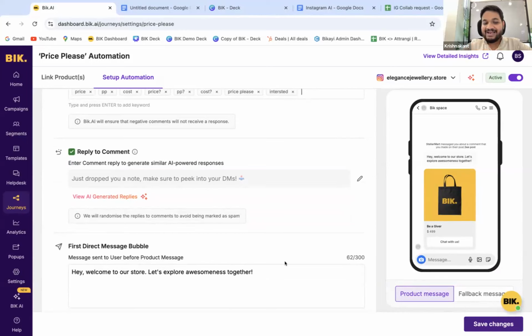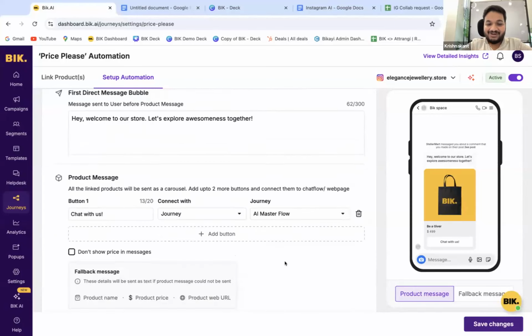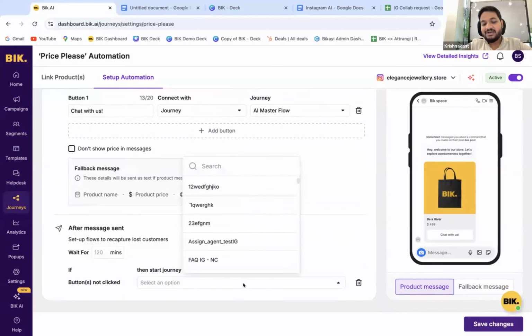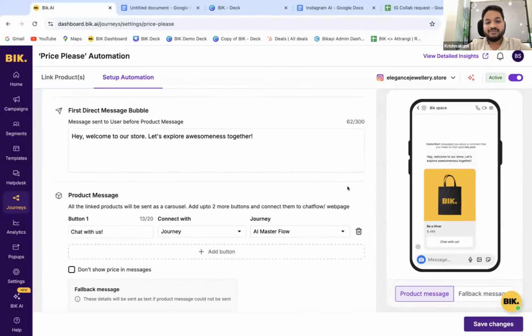They can see the entire catalog and categories also. They can even do end-to-end checkouts over Instagram itself. How amazing it is. And we can always connect flows to any of these conversations that are